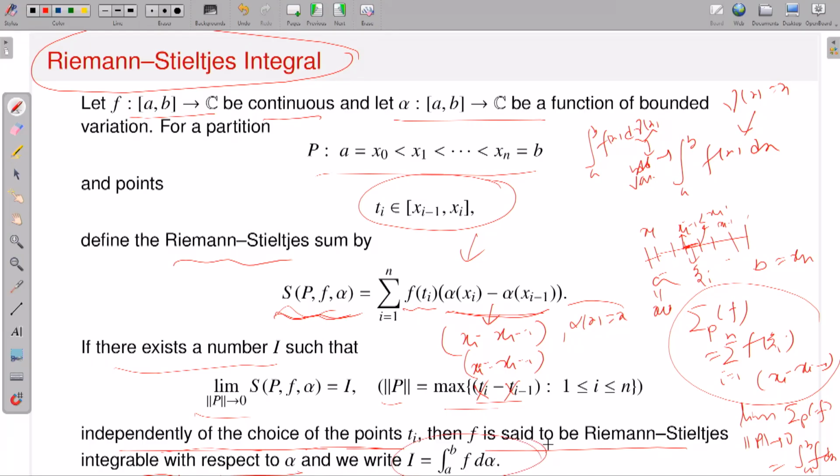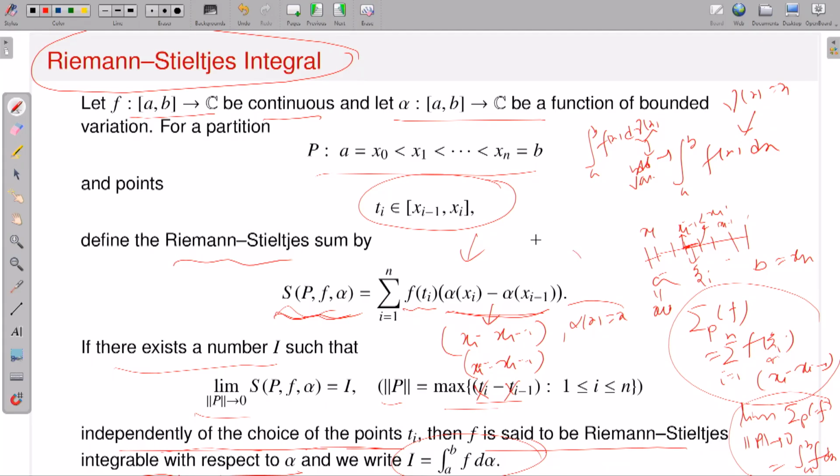In the case of Riemann integration, it is the same thing. If I form a Riemann sum where xi is a point in the interval, and this limit exists, it means that it is actually independent of the point xi. You don't care which point you are considering in the interval xi minus 1 to xi. Suppose my function is continuous, then this limit always exists, and one can prove that whichever point you take inside the interval xi minus 1 to xi, the value will be the same. Similarly here, I will have a function f, a function of bounded variation,